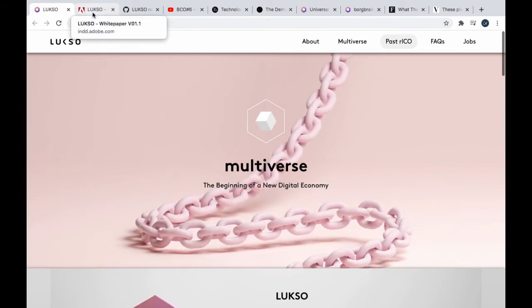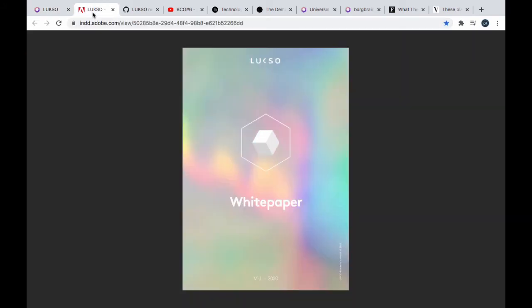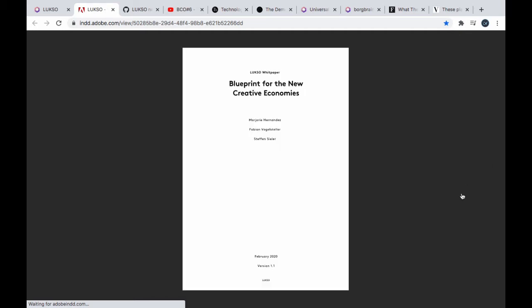But anyway, as we come along here, here's the Luxo white paper, and I gotta say, it's more like a rainbow paper. And I just want to show you this just to give you a little idea if my computer behaves, or perhaps it's the internet. I am a hop, skip, and a jump away from the old Wi-Fi connections. Now, I don't know if this is going to load fast enough for me. I'm not feeling the most patient today, but it's a big one. It's a 146 pager.